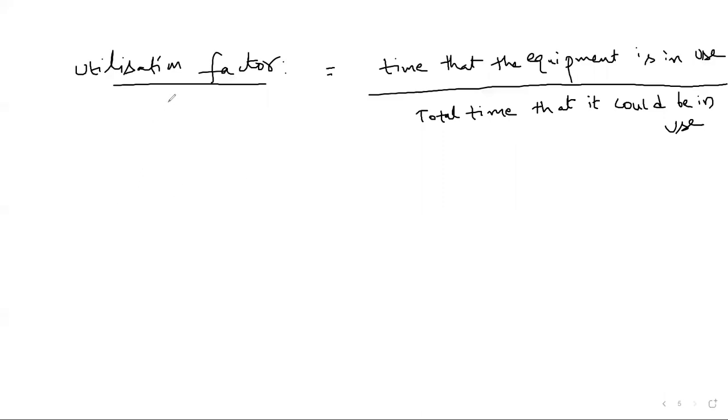Right. Utilization factor. Understand the definition: how we can calculate the utilization factor for the corresponding equipment. Time that the equipment is in use divided by total time that it could be in use, or simply the maximum demand by rated capacity of the system. There might be a little bit of confusion since we are using the words maximum demand and rated capacity everywhere in our previous definitions, so you can go for this kind of definition. It is the ratio of time that the equipment is in use divided by total time that it could be in use. Is it clear for all of you, or do I need to explain with any real-time example?